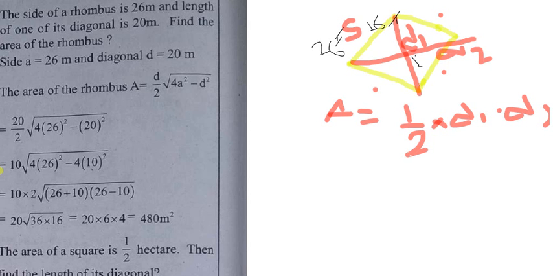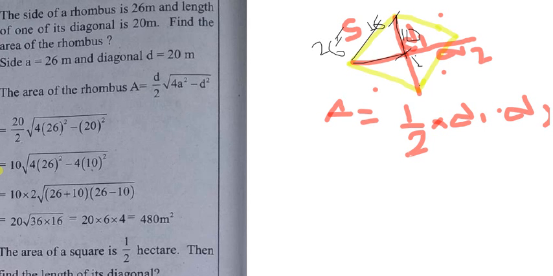Can we not find this with the help of what? Pythagoras. Now just find it. So here what to find? Now I will write here. Here what we get? 26 square is equal to 10 square plus